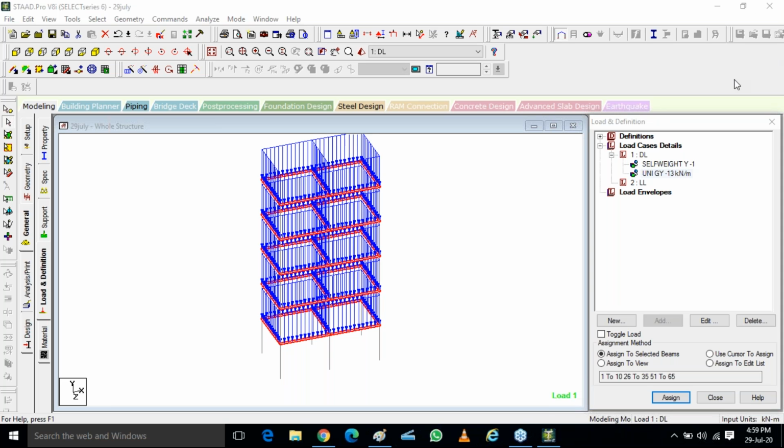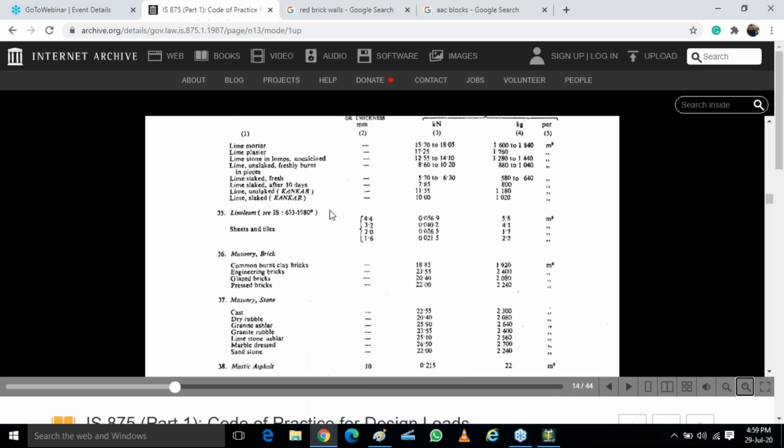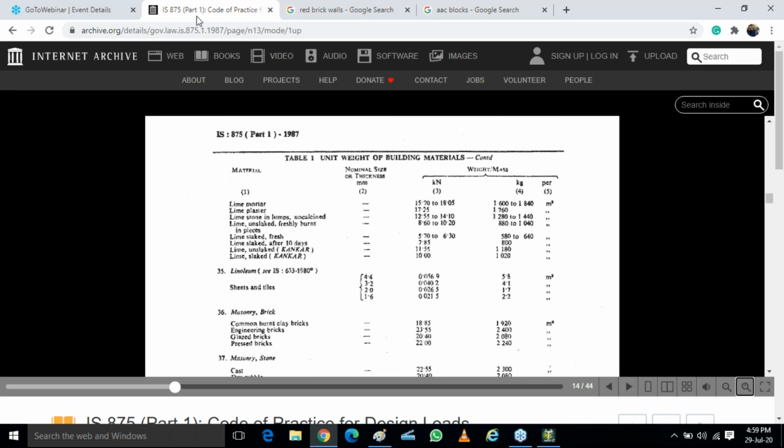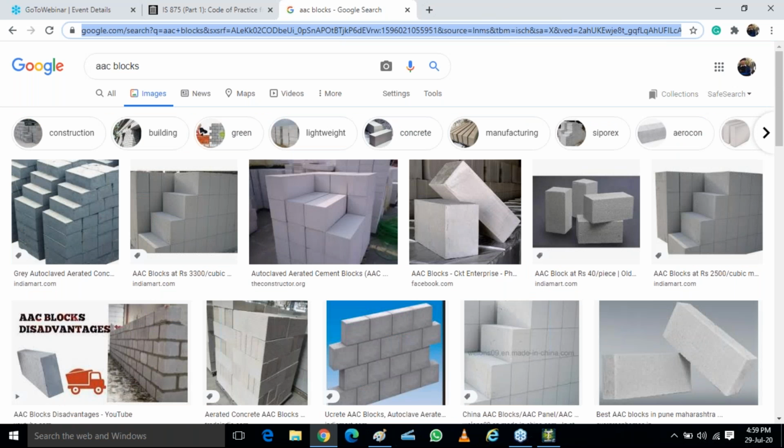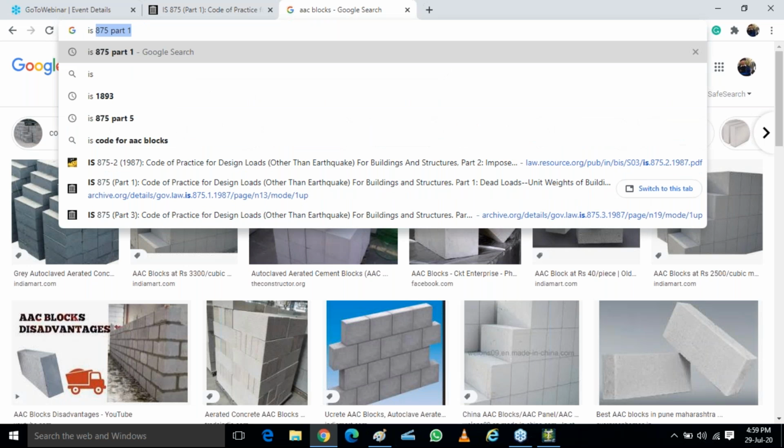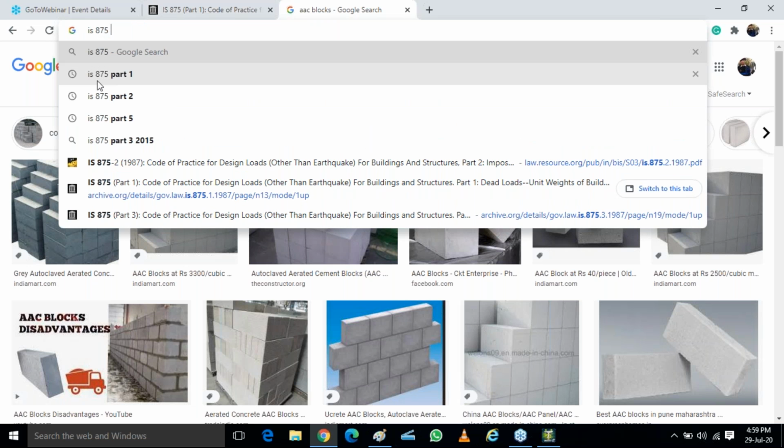Okay, so this is what we have to cover today. For tomorrow's homework, you have to tell me what loads we have to put on a building. Within dead load, what are the loads we have to put, and what are the live loads I have to put. You have to calculate it and study these codes, IS 875 part 1 and 875 part 2. Okay, write it down. IS 875 part 1 and 2, you have to read and tell me the live loads and dead loads I have to put on a building, a list of it. Then we will put it there tomorrow.